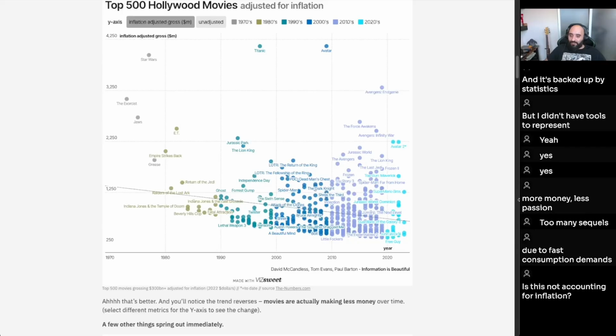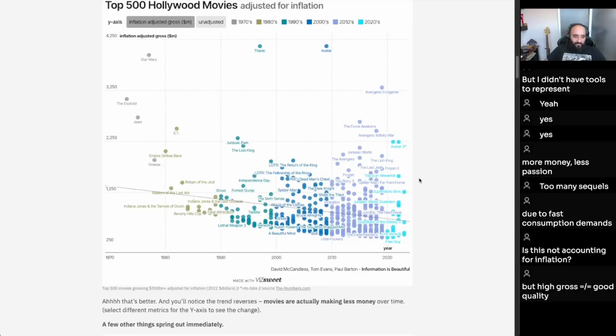These are the highest grossing movies, and I think this shows that they've gotten worse, in my opinion, right? Because look, they used to sell even more adjusted for inflation. I don't know, Exorcist. But what's happening now? Avatar 2, Avengers, Jurassic 36, Frozen 8, Top Gun 39, Spider-Man Far From Home, and then like,